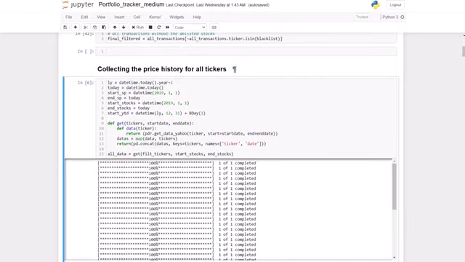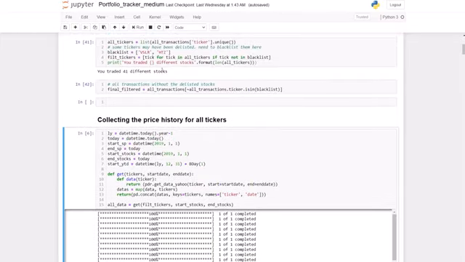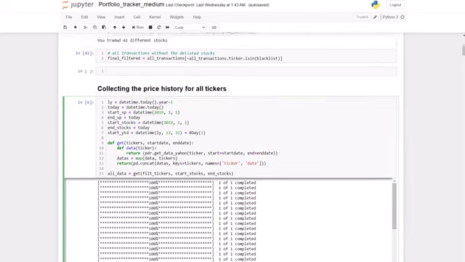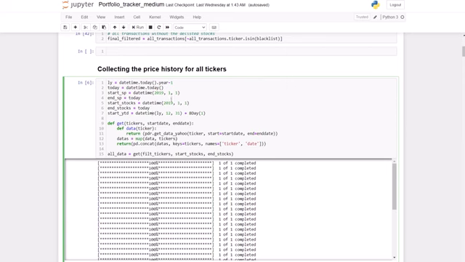Okay, next up we have collecting the price history for all tickers. So we're going to collect some price history for your 41 stocks. Okay, we define some dates. This is needed just to make it easier for you to set up the time ranges, the time frames that you want to search. You can use these variables right here, and you can also use this function,